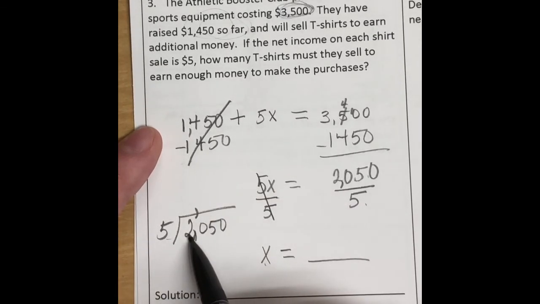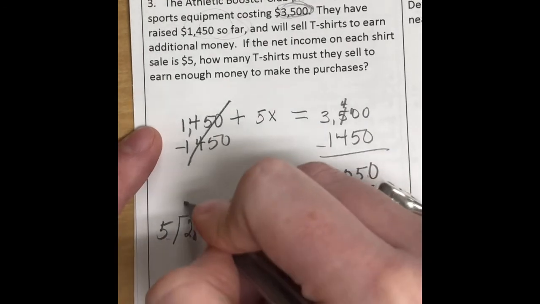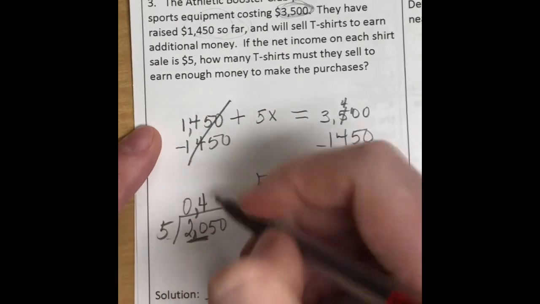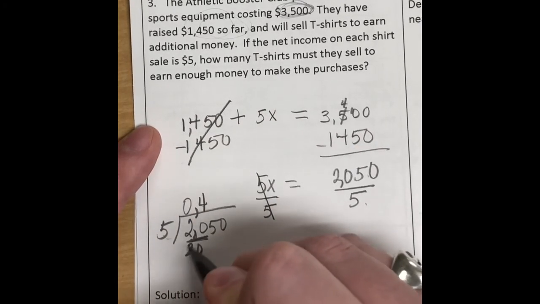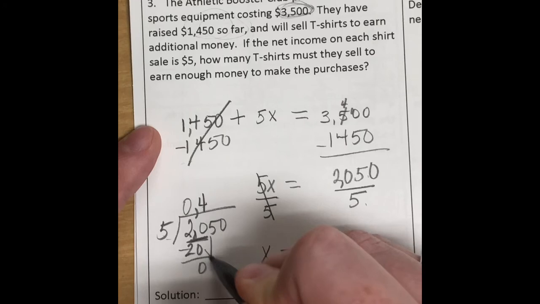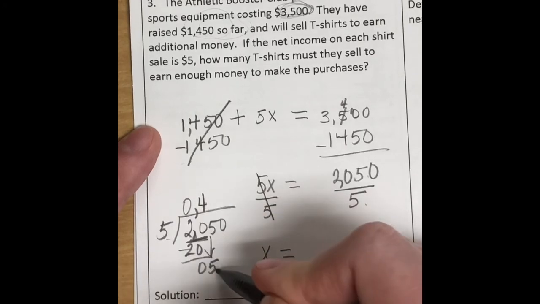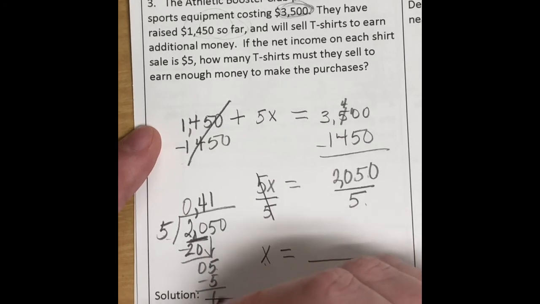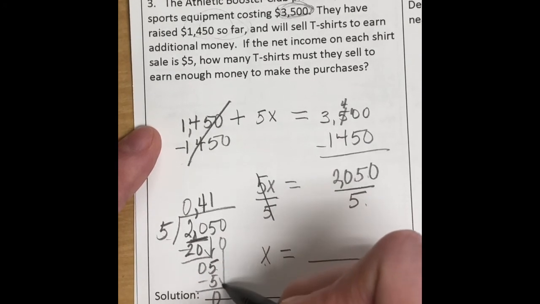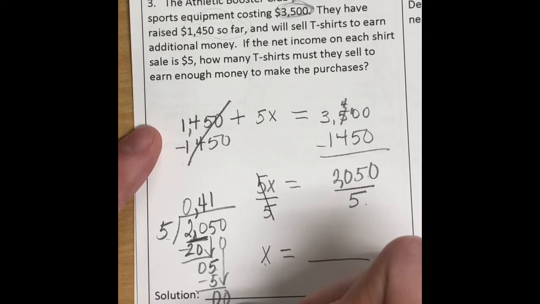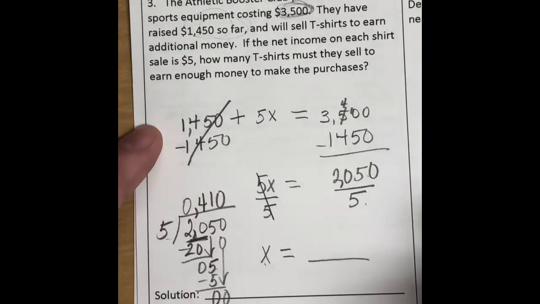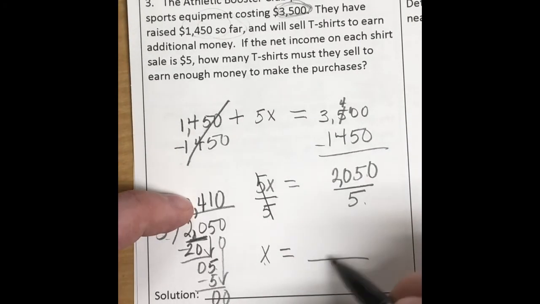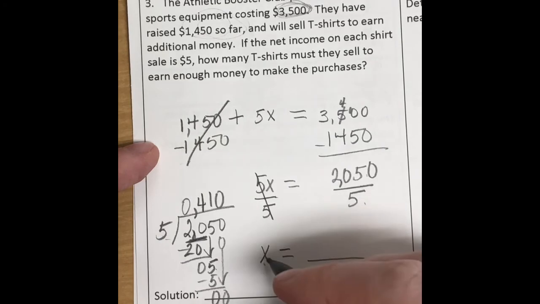Can 5 go into 2? No. Okay. Can 5 go into 20? Yes, 4 times. 4 times 5 is 20. That leaves me 0. Bring down. Can 5 go into 5? Yes, 1 time. That gives you 5. 5 minus 5 is 0. Don't forget this last 0. Can 5 go into 0? No. So you're not going to write, that gives you 0. You're not going to write 0, 410. You're going to say that x equals